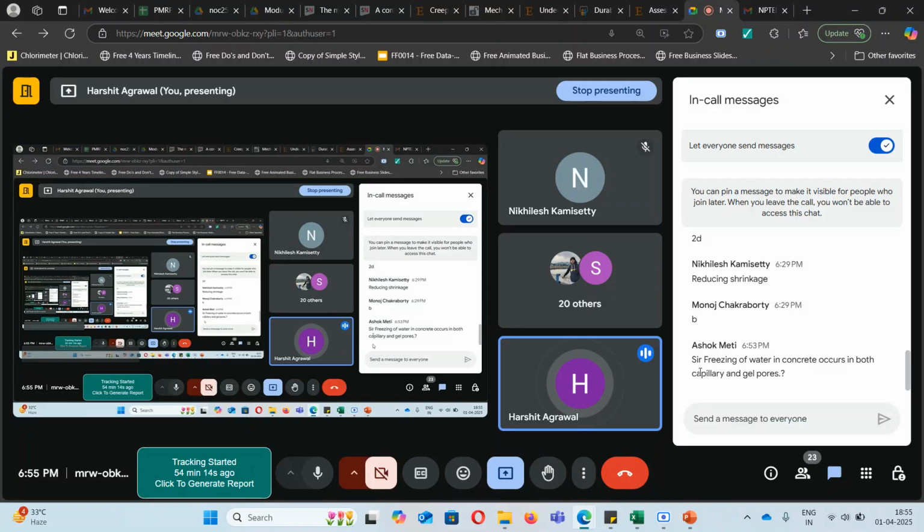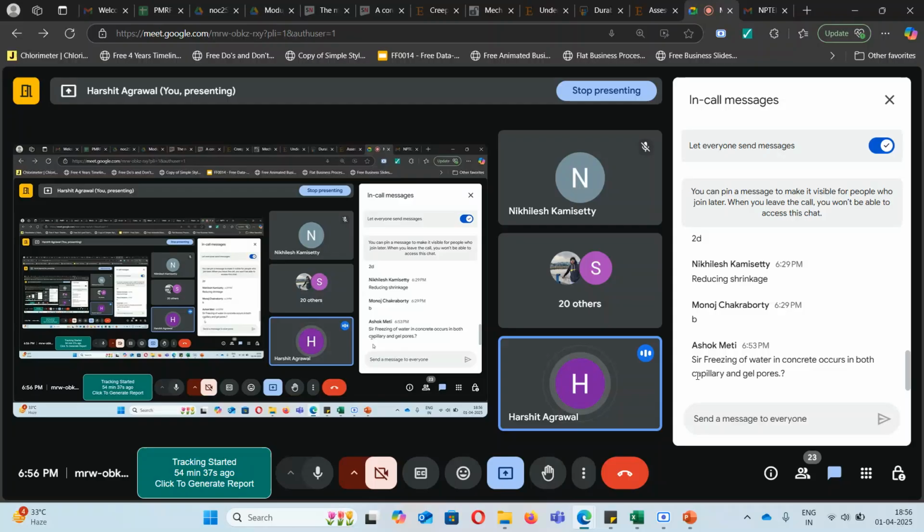Yes, it can occur, but generally it occurs in larger pores first, and then it moves to smaller pores. See, gel pores are inside my cement hydrate phases. Freezing will occur only in the free water that is present in the concrete. Gel pores are present in between the CSH layers. You have seen that in CSH there is adsorbed water and gel water. Gel water is present in between